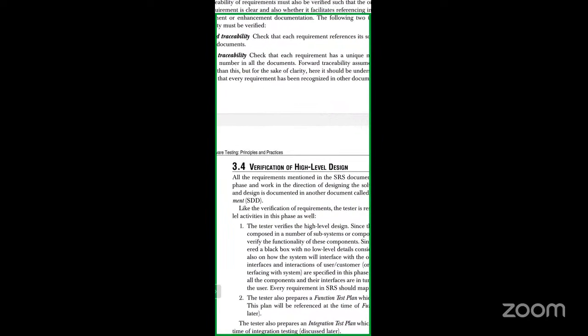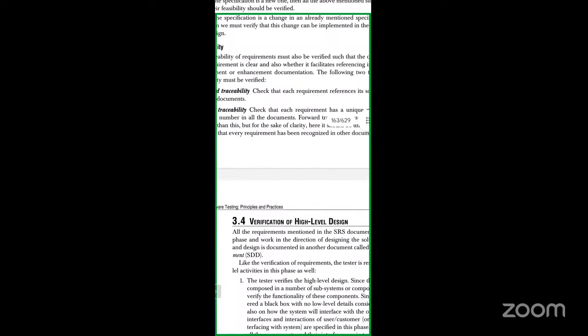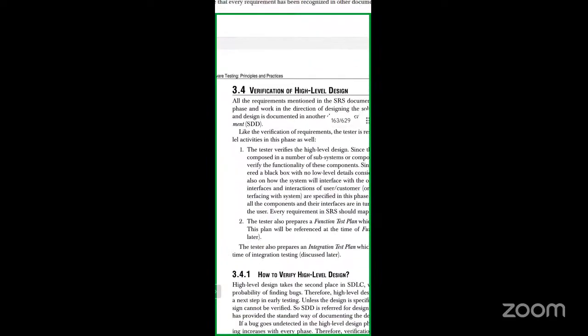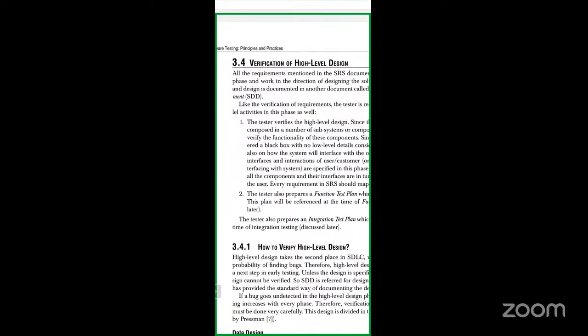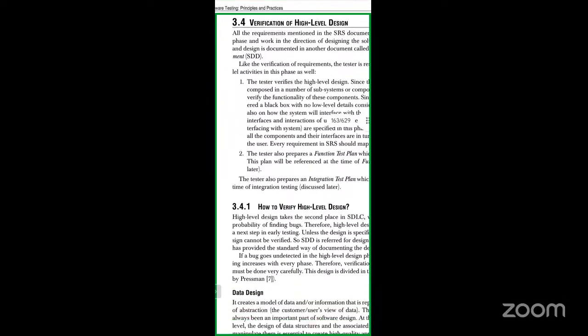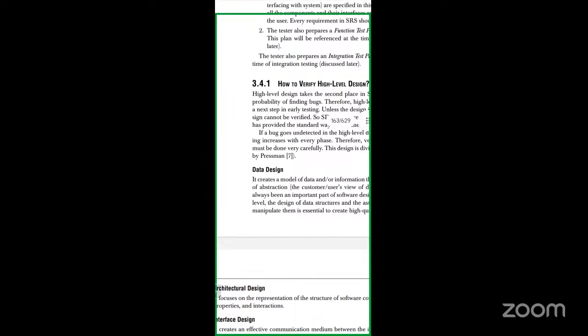So simply what we are doing is testing each and every phase as a separate heading, and we are discussing all the things related to that particular phase. Okay, so the first phase we have is requirements. After requirements we have planning. So in planning we have the high level design, that is how the structure of the project or the product has to be verified at this level. So how to verify high level design? Here we need to go for the data design,